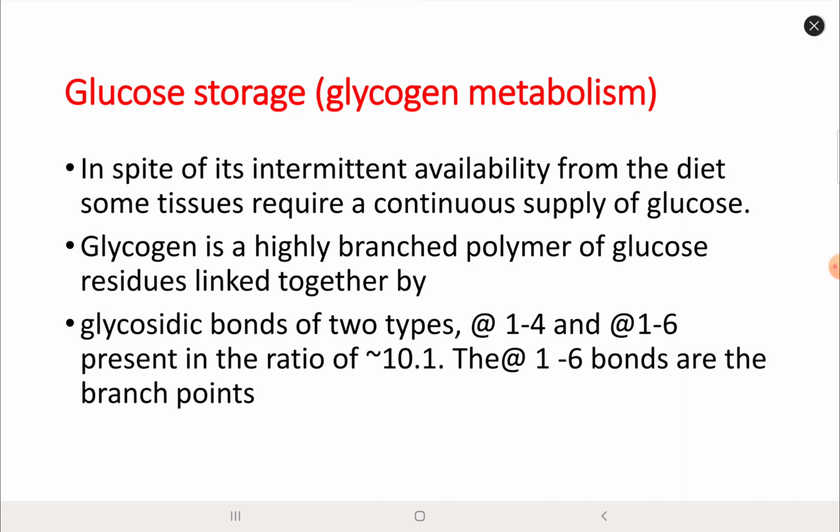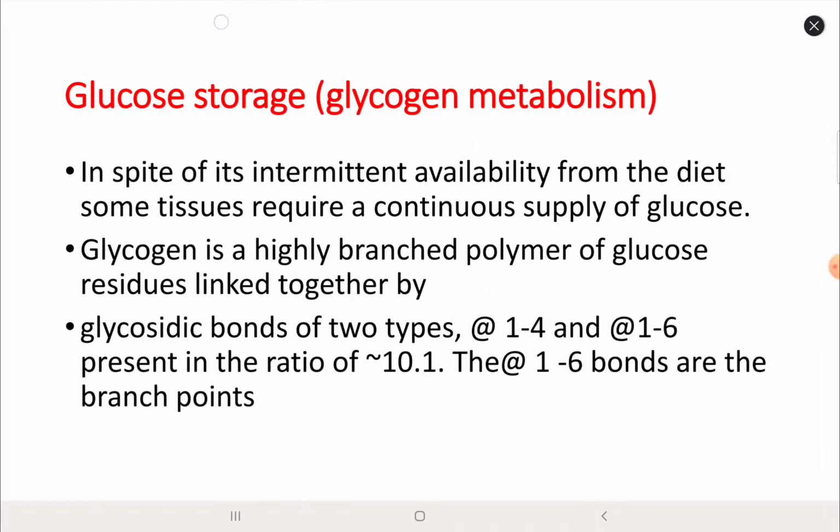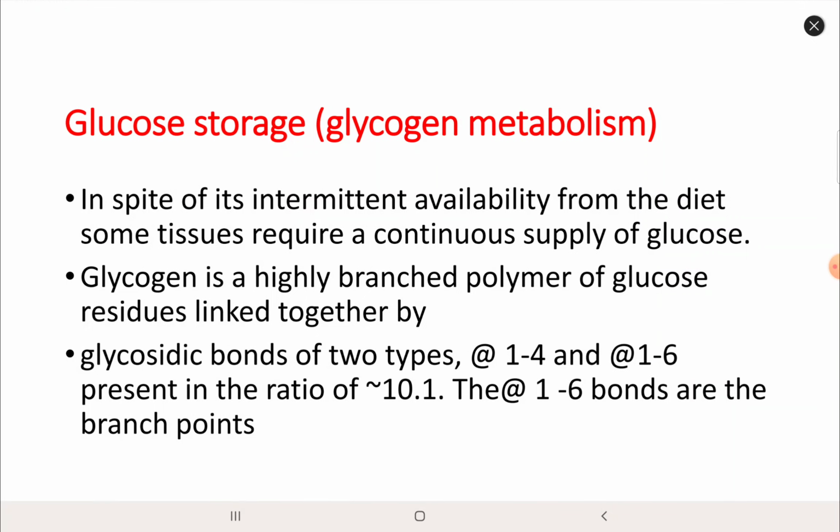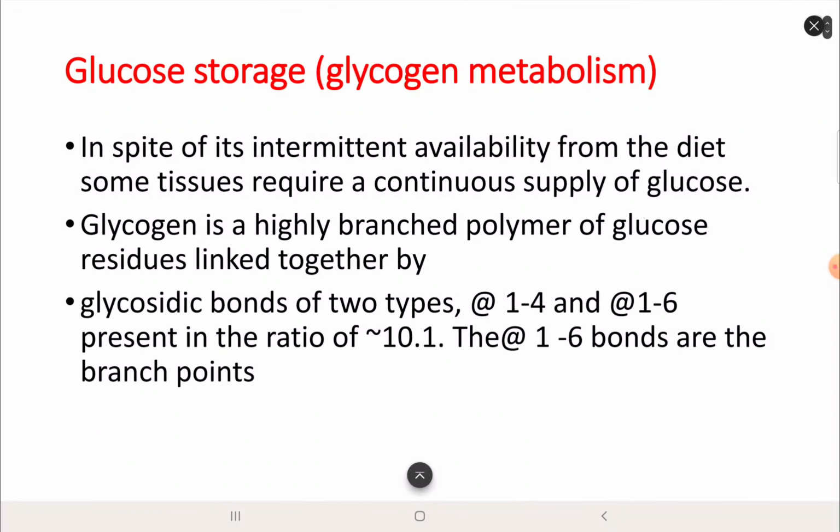In the blood we have a range that maintains the level of glucose. High blood glucose is not good, and hyperglycemia is bad, and hypoglycemia is even worse. How is blood glucose kept at a normal level? What are the sources of glucose in case of fasting?